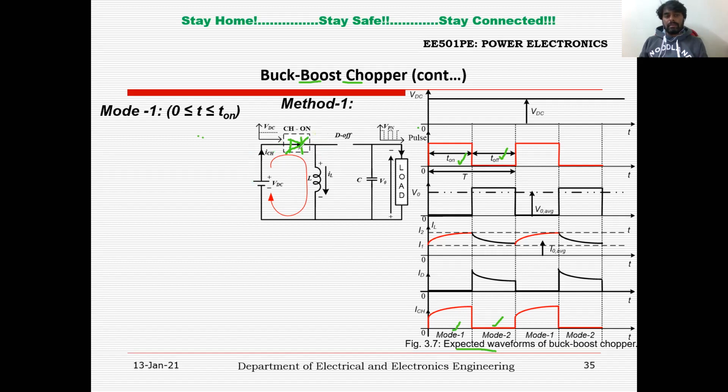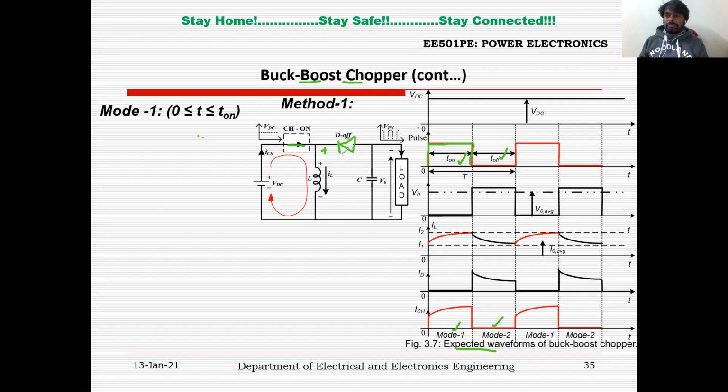You can turn on the chopper with the help of this gate terminal. I have applied the gate terminal for this much duration so that the chopper goes to on condition, and it is replaced by a short circuit. So you can see there is a short circuit, right? At the moment you short circuit this, you can see the positive polarity here and negative polarity here, and the diode is connected like this,